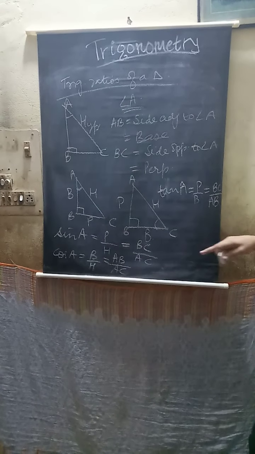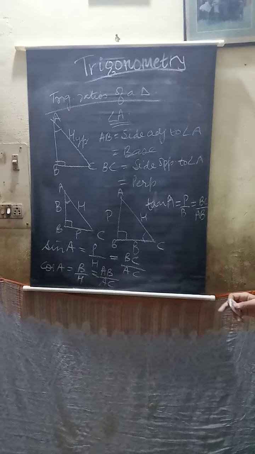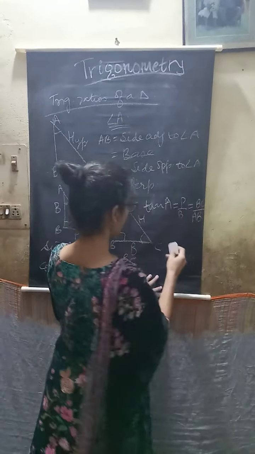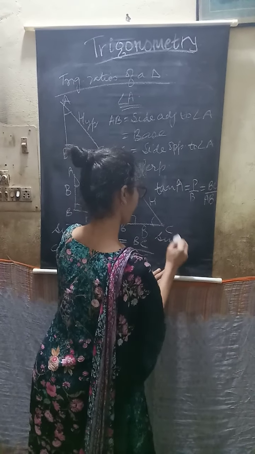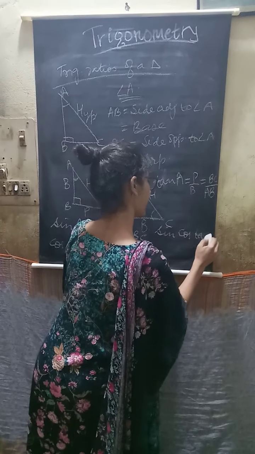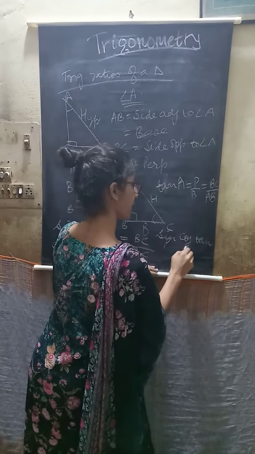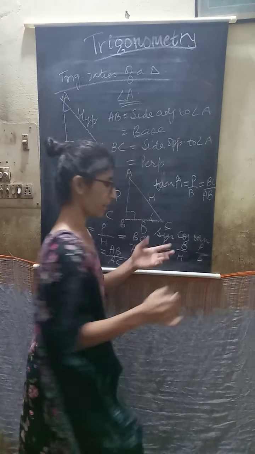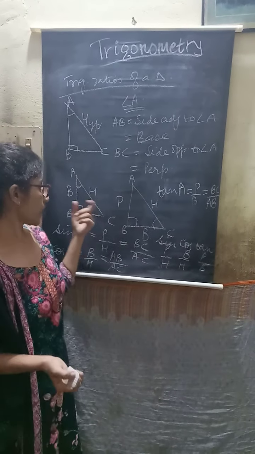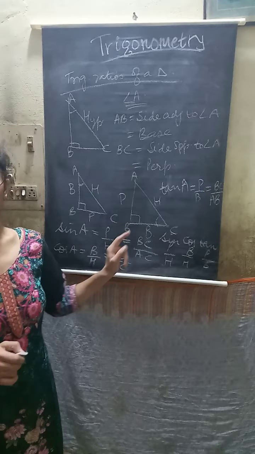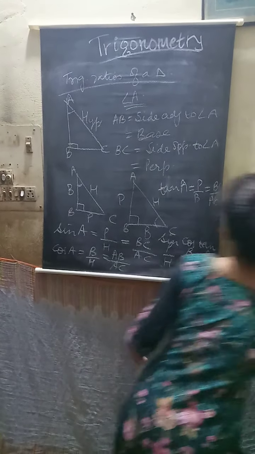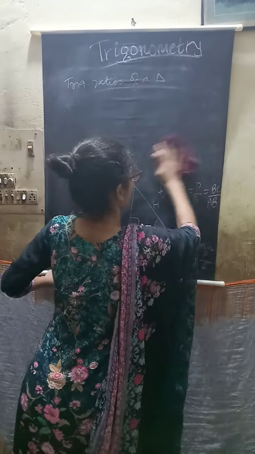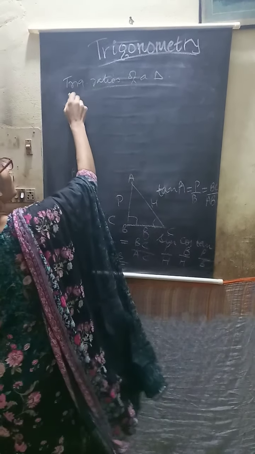Okay, giving these terms perpendicular, hypotenuse and base, this is also easy to learn. How can we learn these? Sine, cos and tan: PBP and HHB. PBP, HHB. These are just the three ratios. In total we have 6 ratios. The other 3 are just the reciprocals of these 3 ratios. So those are also easy to learn.